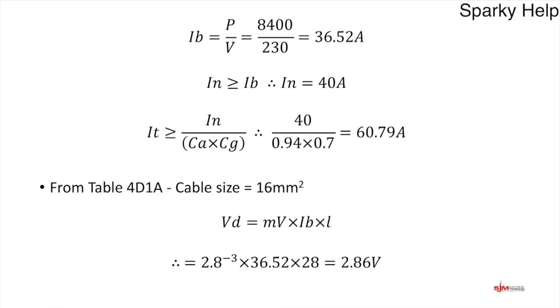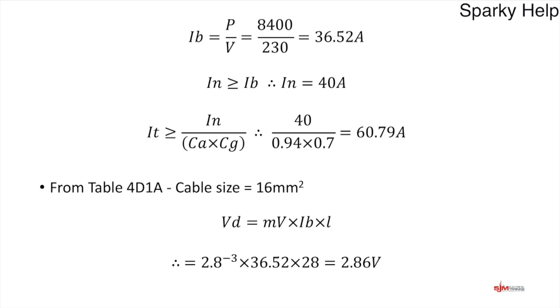So when we put that in, it's 2.8 times 10 to the minus 3, because it's a 1,000th, times 36.52, which is design current, times 28, which was the length,